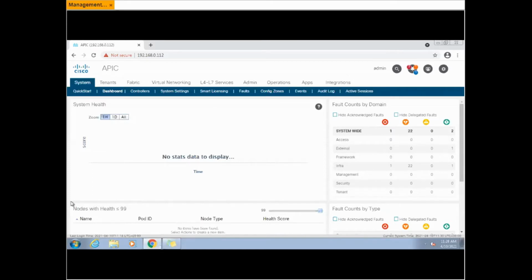So that is the mode we will do for the lab. Everybody will log into the management PC and log into the APIC. You will land on this dashboard. You can see this is the Application Policy Infrastructure Controller, and you can go to tenants, fabric, virtual networking, L4-L7 services, and in the submenu you can see the quick start, dashboard, controllers, and all. We will go step by step, slowly, into all these steps, and we can see how we can leverage them to achieve the configuration, guys. Any question regarding the lab?